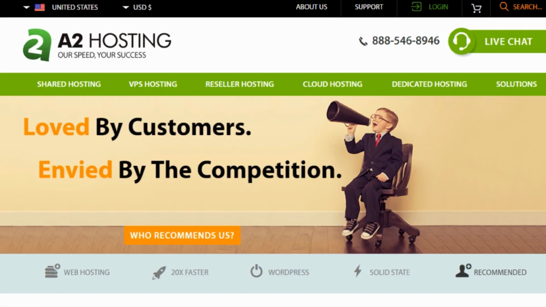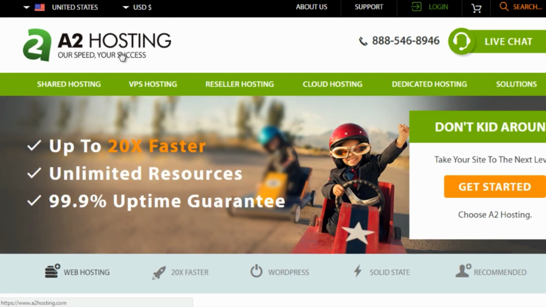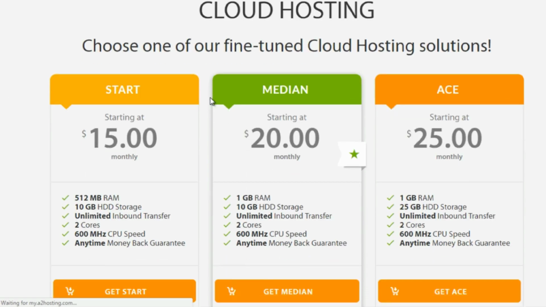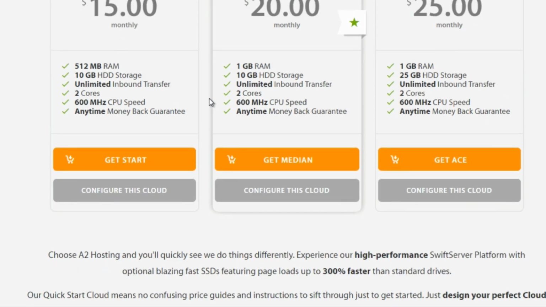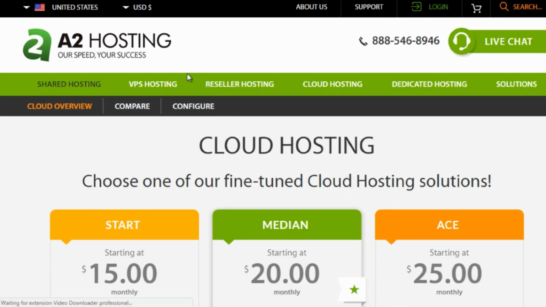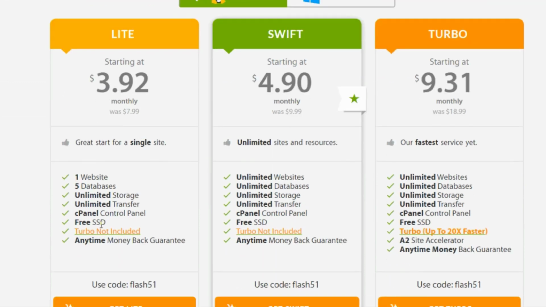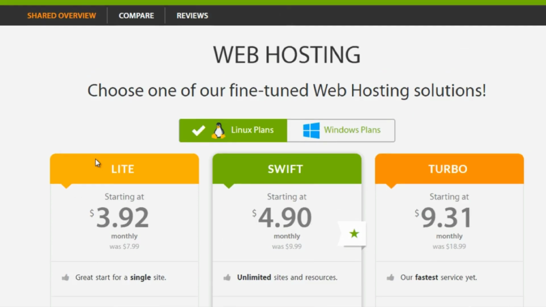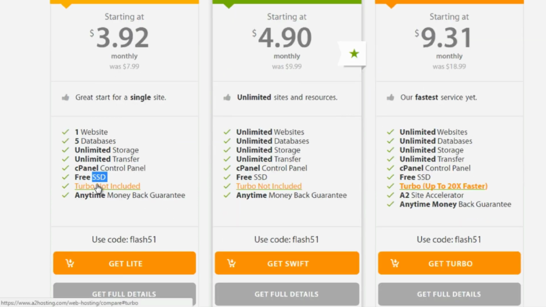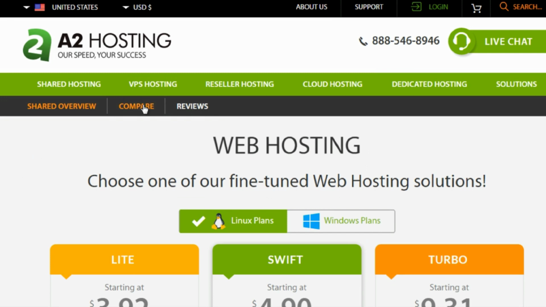The next host that's good for WordPress web hosting is a2hosting.com. If you go here, you look for the cloud hosting, or you can look for the shared hosting. If you click on cloud hosting, you can go through and purchase whatever you need. Typically you can start out with the very basic plan, and then of course move up from there. As you can see, A2 Hosting uses SSD, which is what you want. If you see any hosting that is using something like HDD, which is a regular hard drive, then you might want to pass.